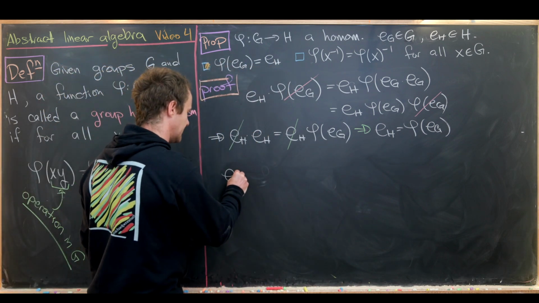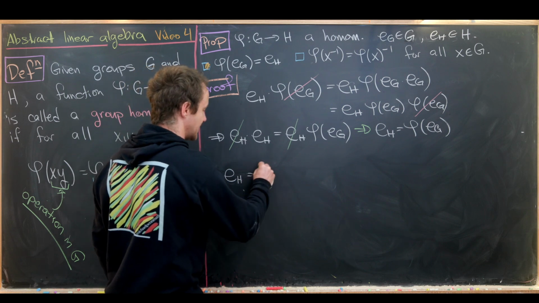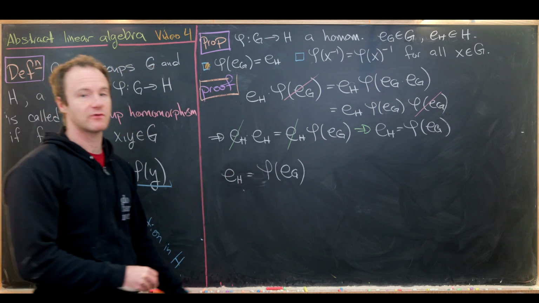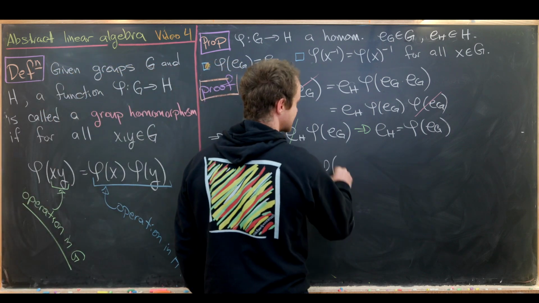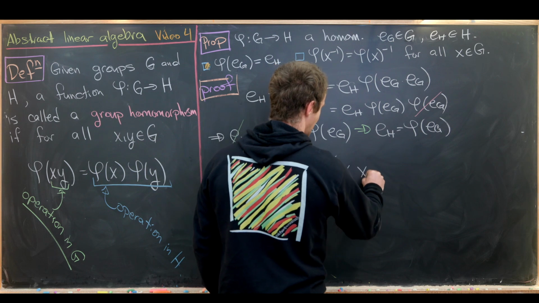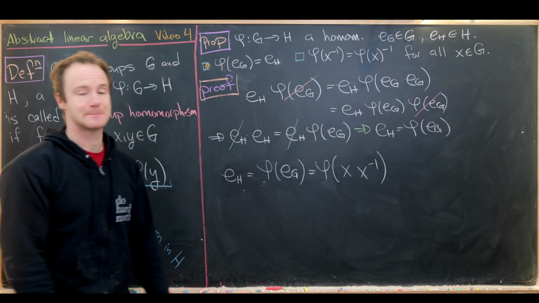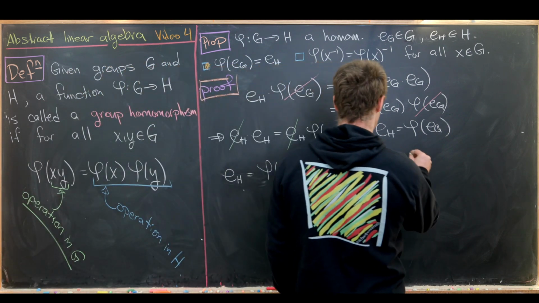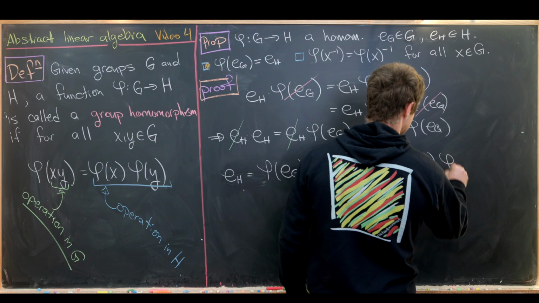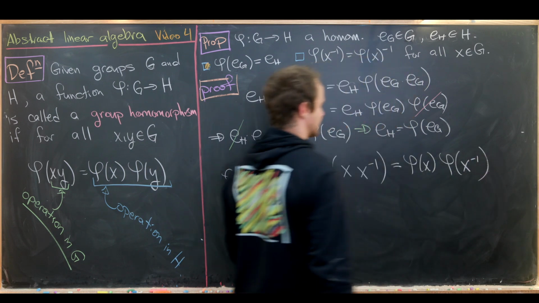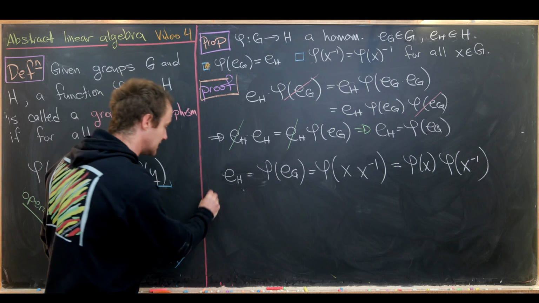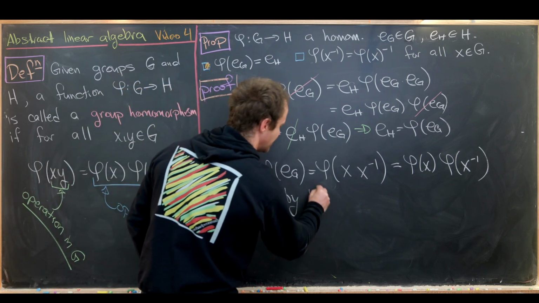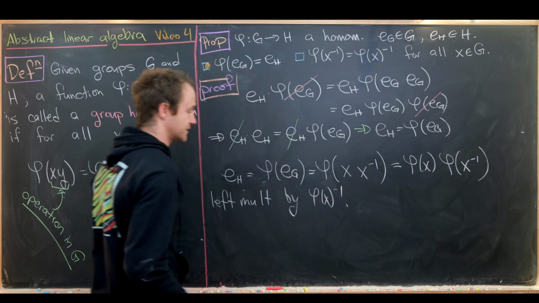So I'll start by writing the identity on h is the same thing as phi evaluated at the identity on g. But I'll rewrite that identity on g as x times x inverse. Now I'll apply the fact that this is a homomorphism to give me phi of x times phi of x inverse, like this. And now I'll left multiply this entire equation by phi of x quantity inverse,